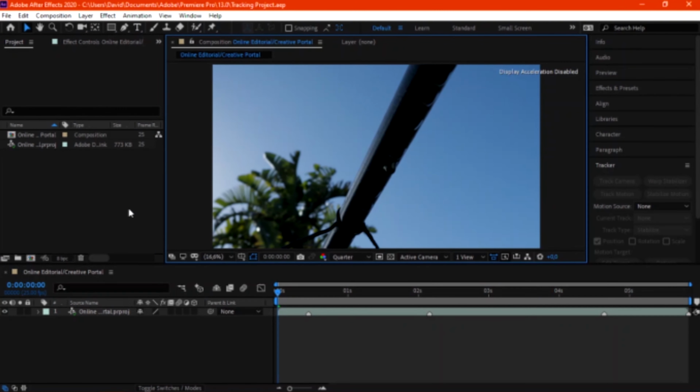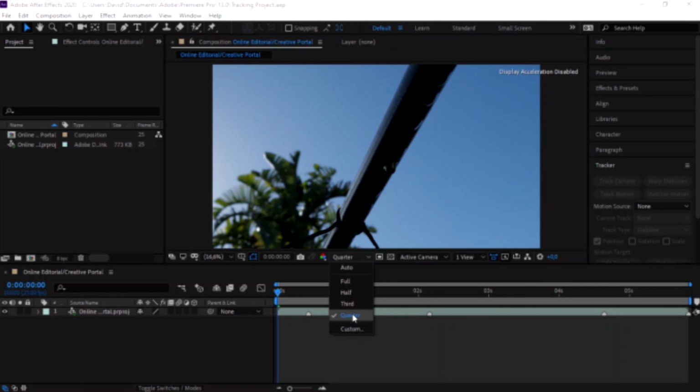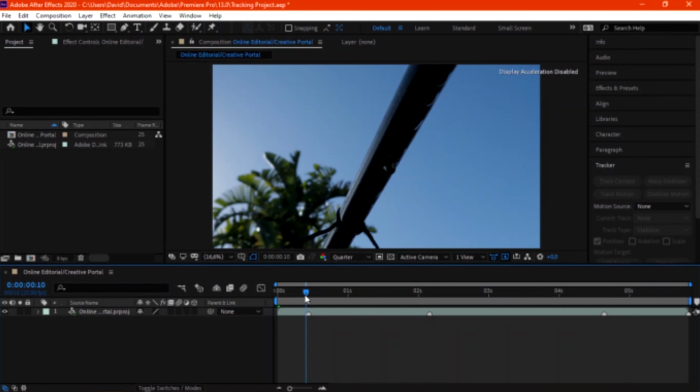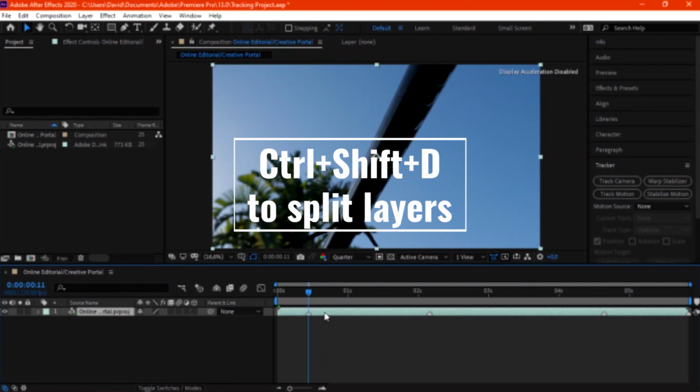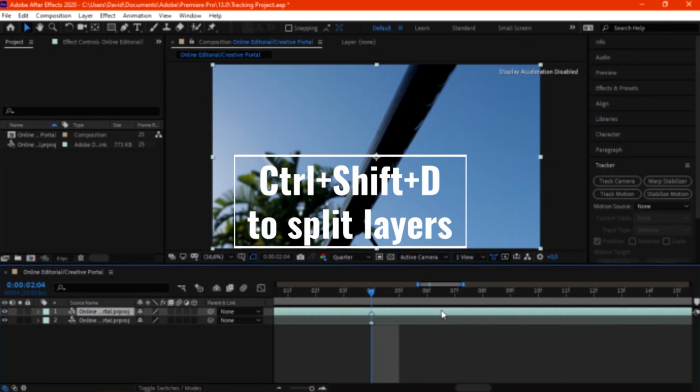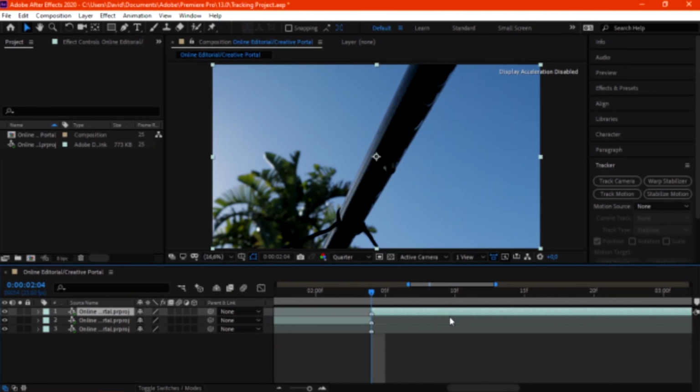Right, now that we're done saving it, let's reduce the resolution. Go to the points where you want to add your text. In this case, I've marked everything, so I'm just going to split the layers by pressing Ctrl Shift D, and I'm going to move to the second part and press Ctrl Shift D again to split the layers.